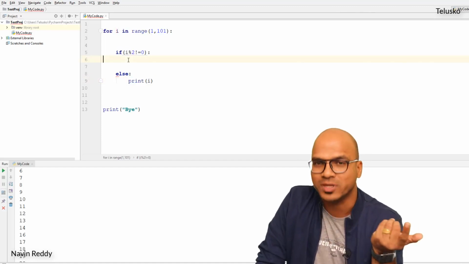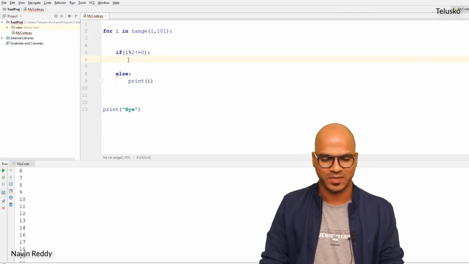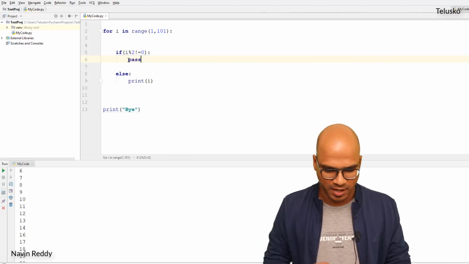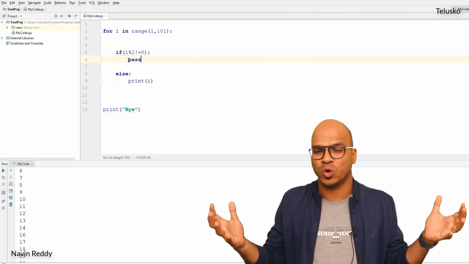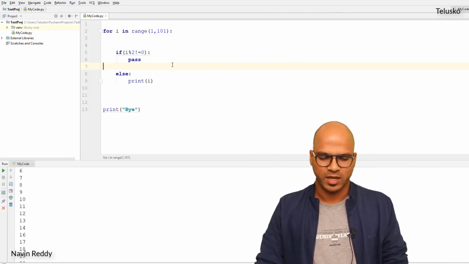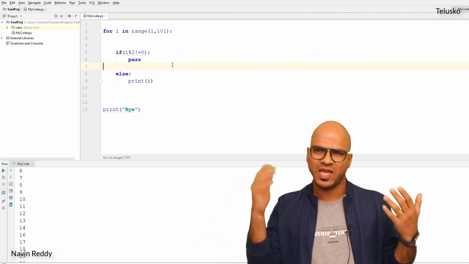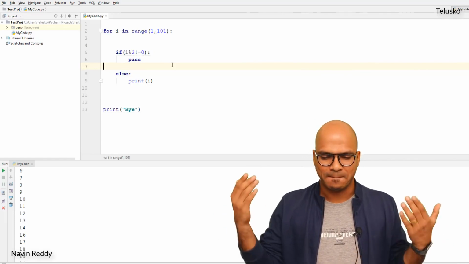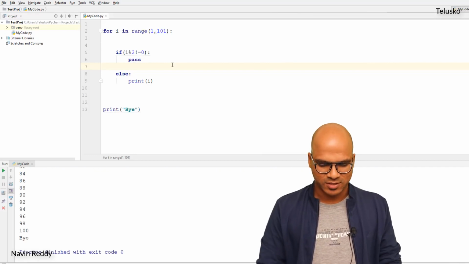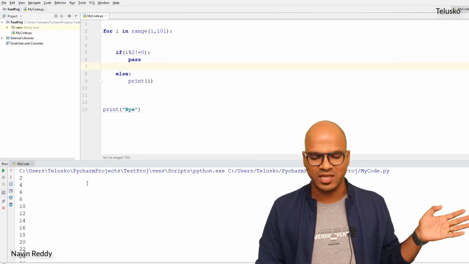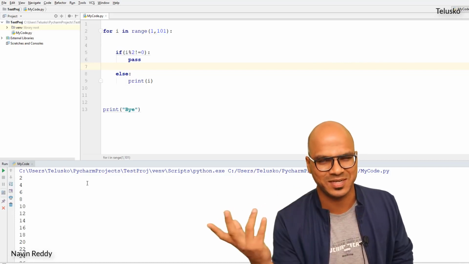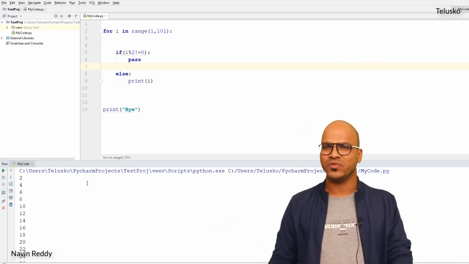You cannot simply put an if as an empty block, right? So in that case, you will say, hey, I don't have anything here, I'm typing pass. So pass simply means, hey, there's no code, ignore it, right? So just pass the if block. In fact, in other languages like C, C++, we have curly brackets, so we can leave it empty. But unfortunately, we don't use curly brackets here, so we have to use pass. So if I run this code, you can see we got all the values, all the values which are not odd, okay? So just rephrasing the point, that's how we use break,